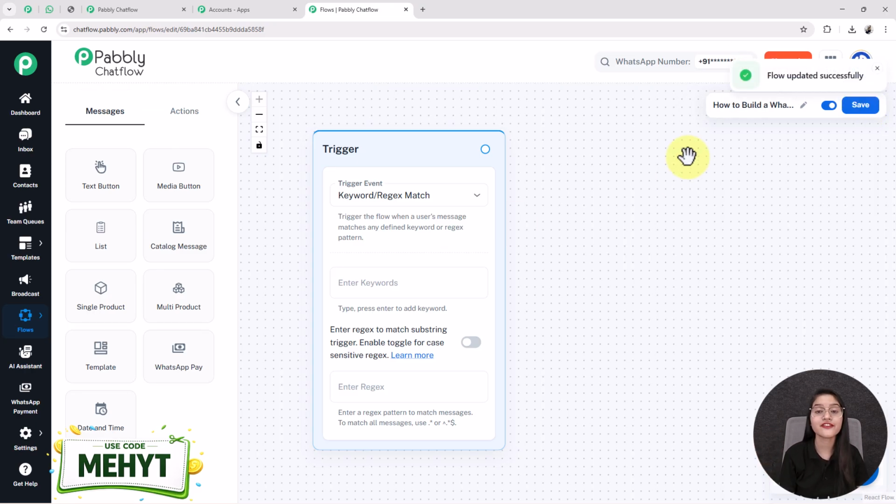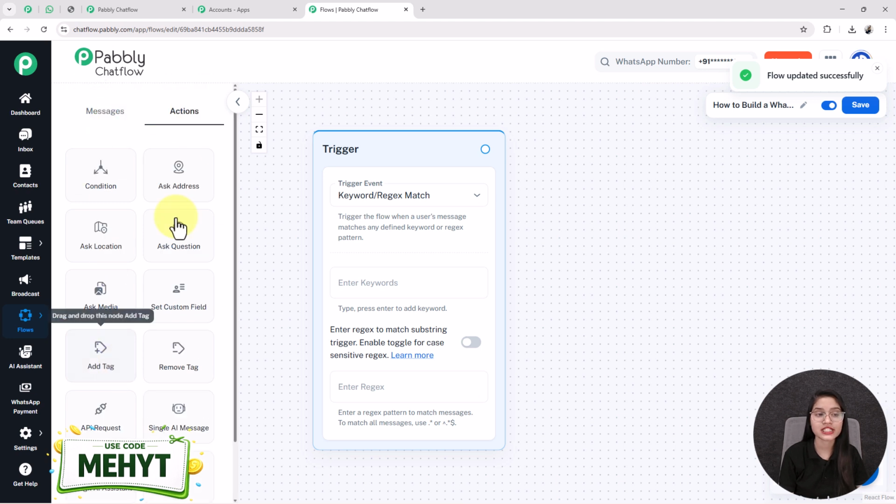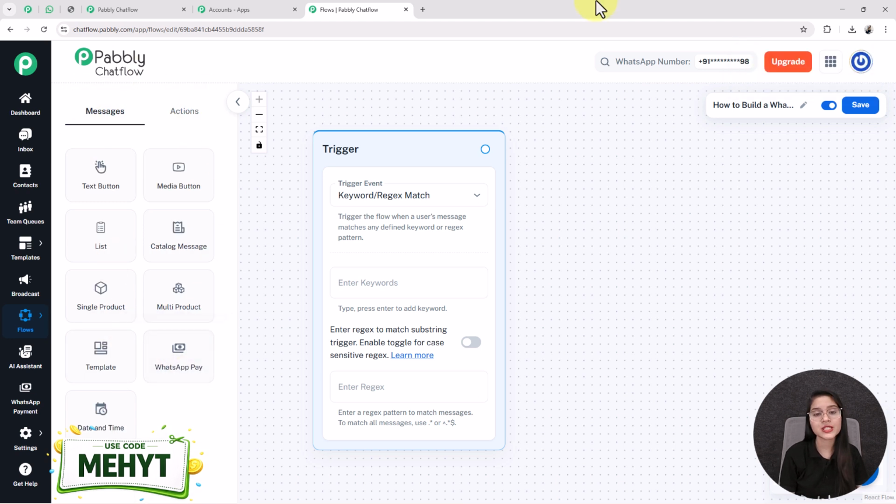And on the left hand side, you will see 2 options, that is messages and actions. Under these options, you will see different buttons. We will use these buttons in the creation of our flow. Now let's get started. For starting the creation of your flow, at first you have to select the trigger